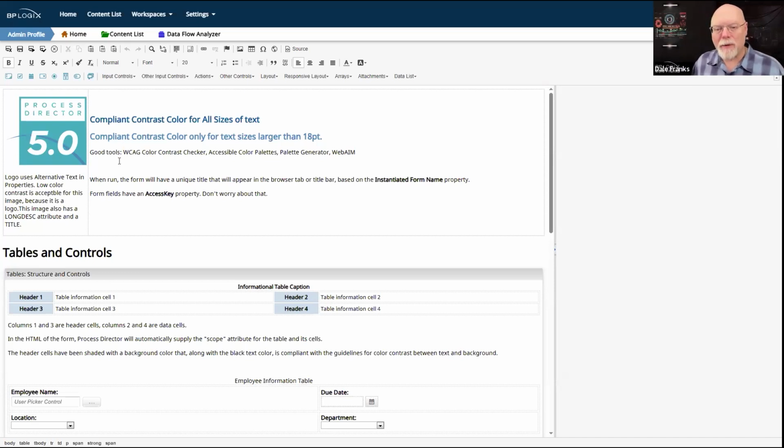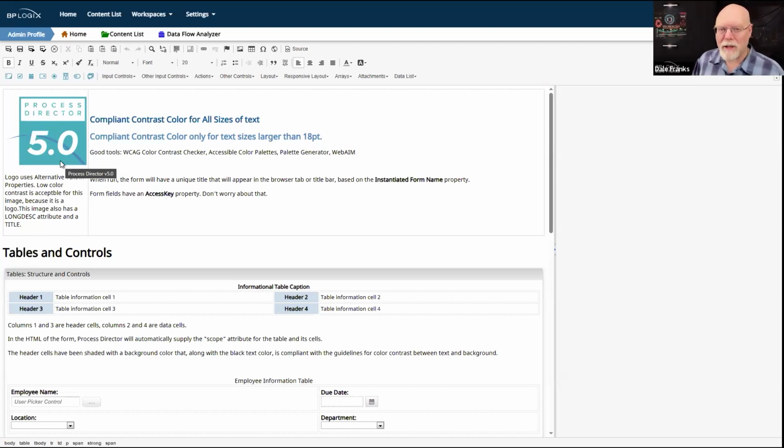Logos are exempt from that. So this logo, for those of you who can see it, there is that blue swoop with this sort of, I don't know if it's a teal or a green. It's kind of a tealy green or maybe a greeny teal, but the difference in color contrast between the BP Logix swoop and the background color there are very, very small. So that amount of small contrast would violate the standards normally for color contrast.